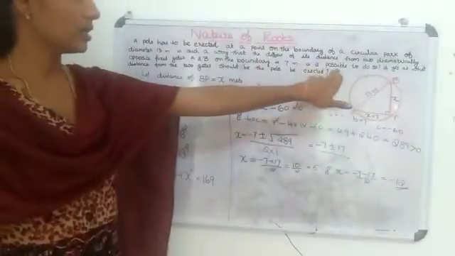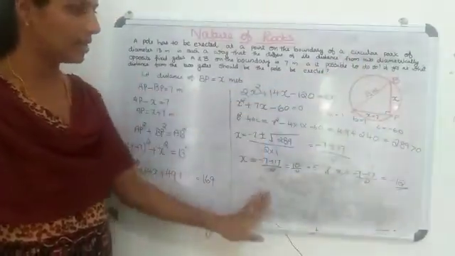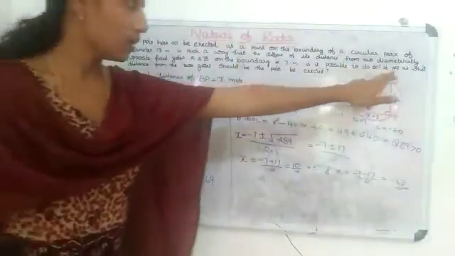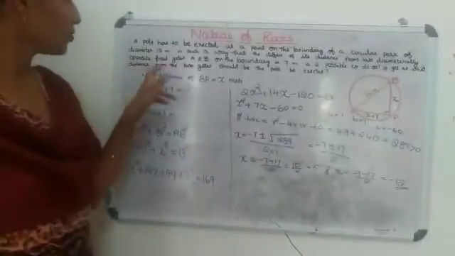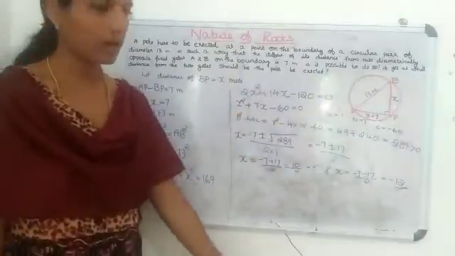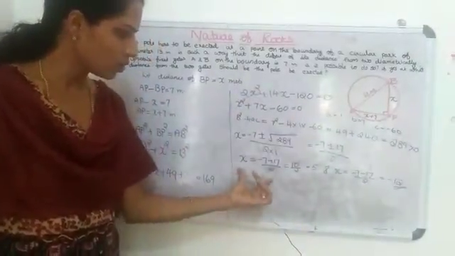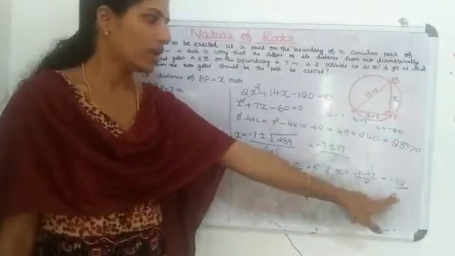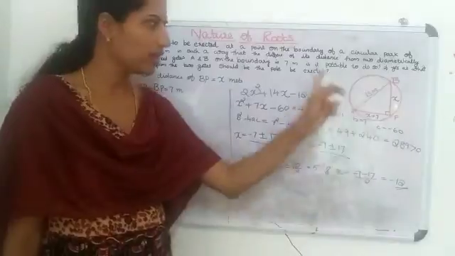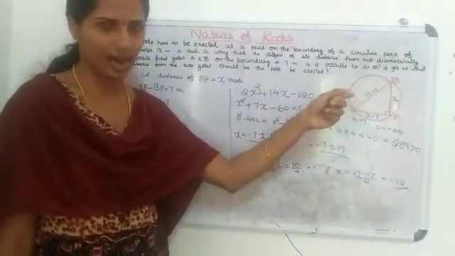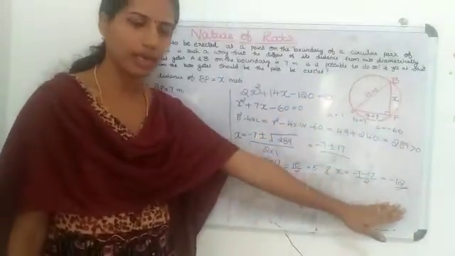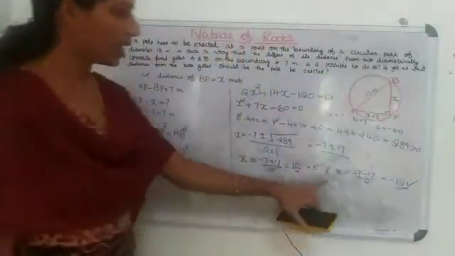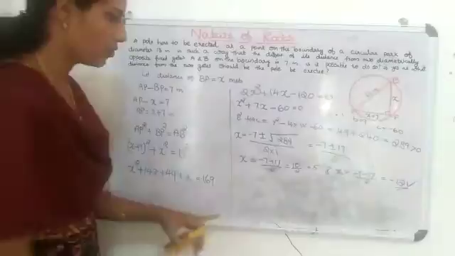So our condition, is it possible to do so? Yes, it is possible. We found two distinct real roots. Now we need to find out the distance from the gate. We got two roots, x equal to 5 and x equal to minus 12. Dimension cannot be negative, we need to find out the distance, right? So minus 12 we can reject it. So we can take the value x equal to 5.